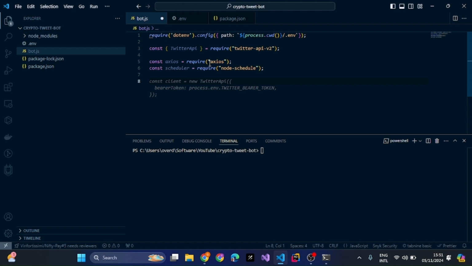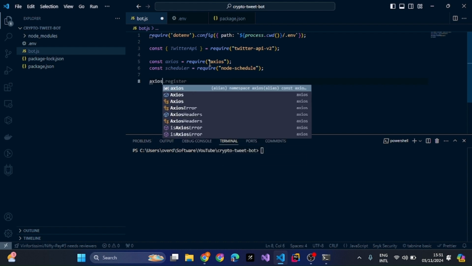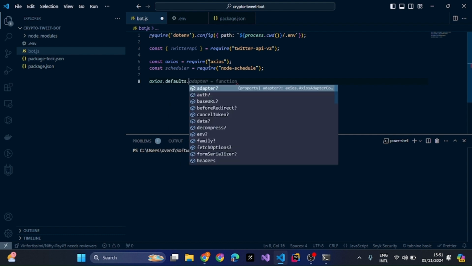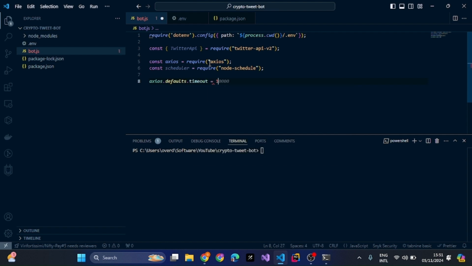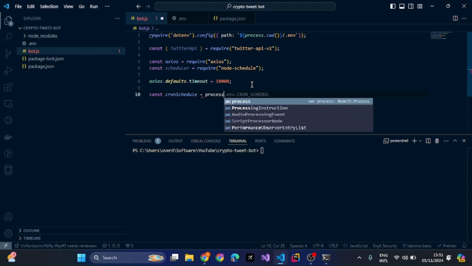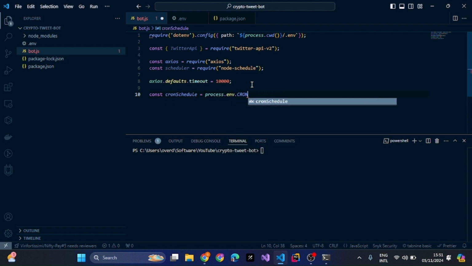Okay, I also want our Axios, so when we make an HTTP request, I want that to time out after like 10 seconds. So if we don't get a response after 10 seconds, it can time out. So I'll set the timeout to 10 seconds, so 10,000 milliseconds here. Also, I want to get our cron schedule from our environment variable. So I'll say process.env.CRON_SCHEDULE. I'm going to define all of this much later